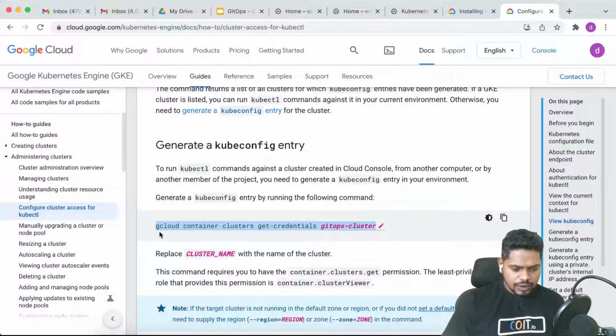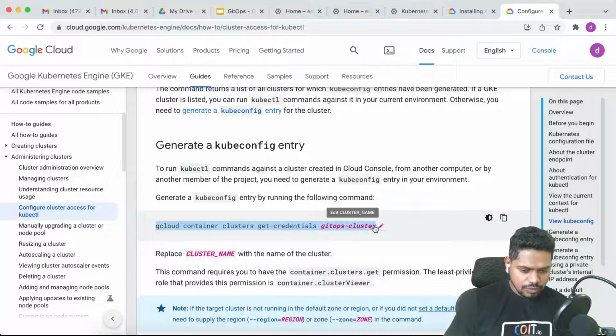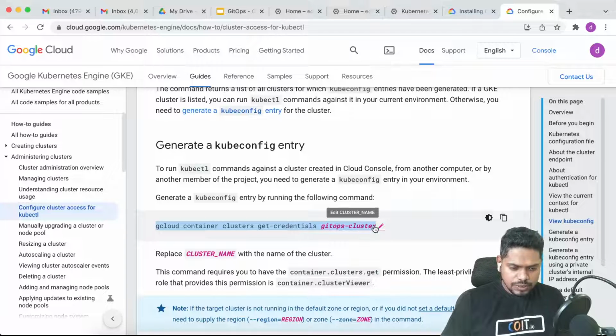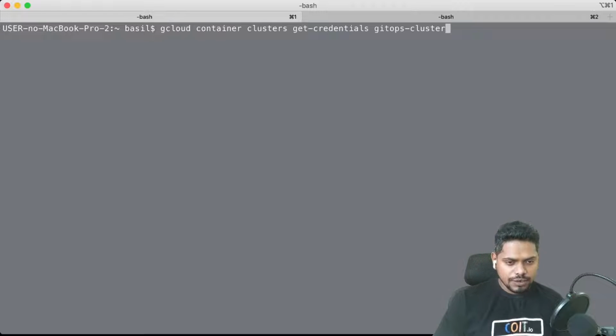Then gcloud will connect to my Google Cloud account, locate this cluster in my Google Cloud account, then generate all the necessary credentials, and that would get downloaded and stored in my laptop. So let me execute this command in my laptop. So just run the command in my laptop,